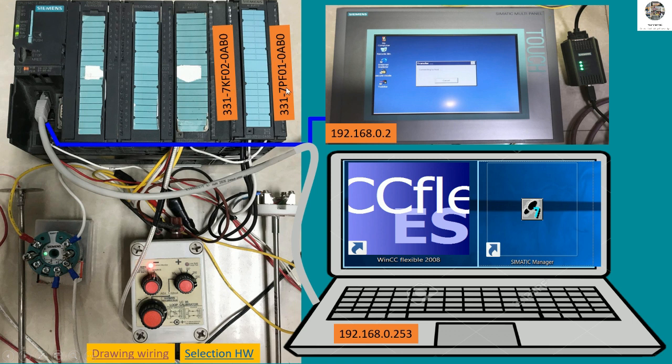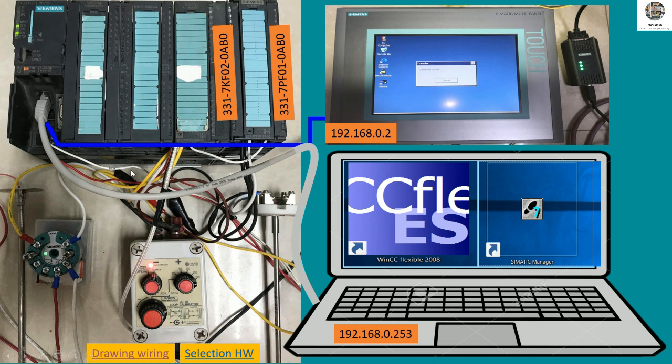And here is the other analog input, model 331-7PF01-0AB0. It is the analog input for only PT-100 type. There are 8 channels in this module for PT-100. So we can connect the PT-100 directly to this module and it will show. And for this selection, I will detail how to connect the